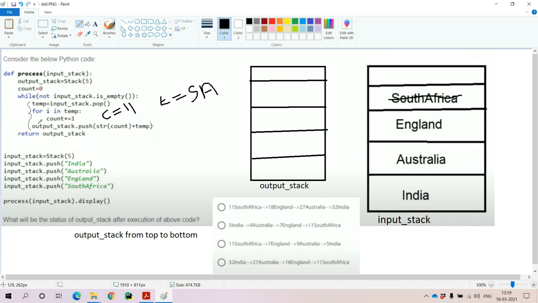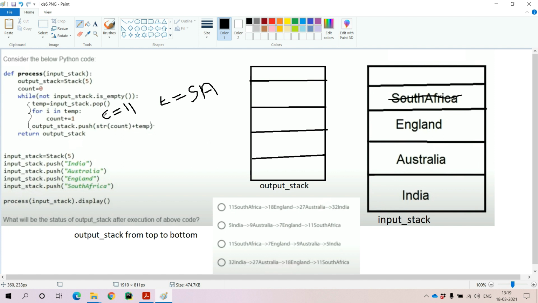Now coming to the next line, output_stack.push, that means we are pushing one element into the output stack. What is that element? It is temp, which holds the string South Africa. For this string we are concatenating the counter variable.